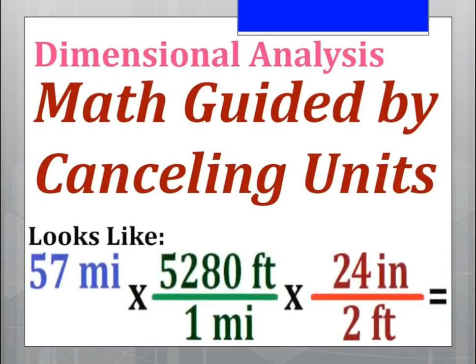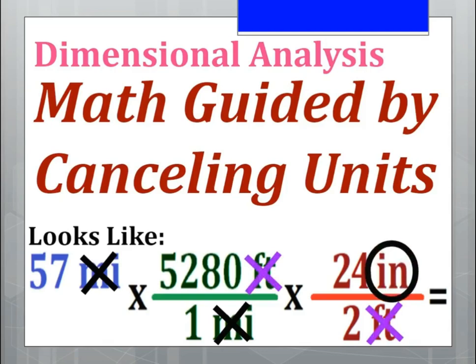You'll start with a number times line, then other numbers times line, and other numbers. And the goal is to cancel a unit that you had with the unit below. That is the point of this math. And then the unit above cancels the unit below until we get to the unit that you want. Now notice the green